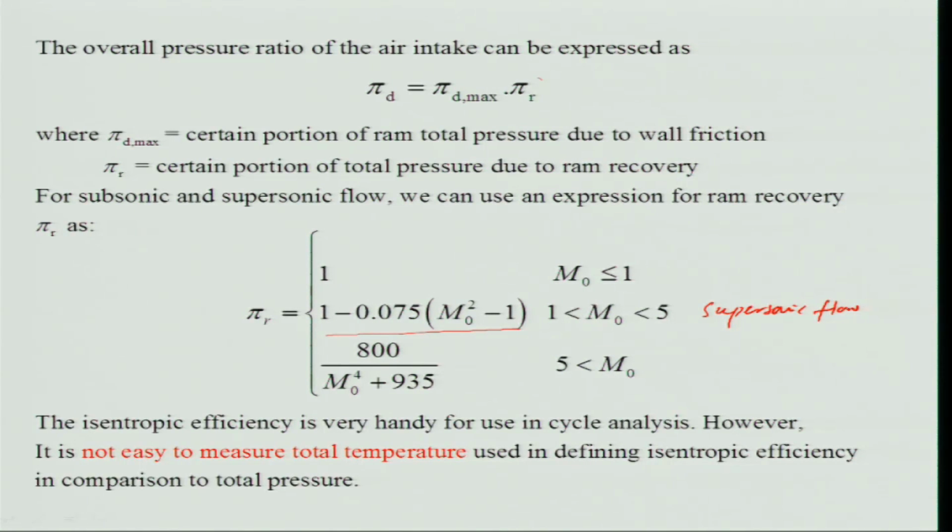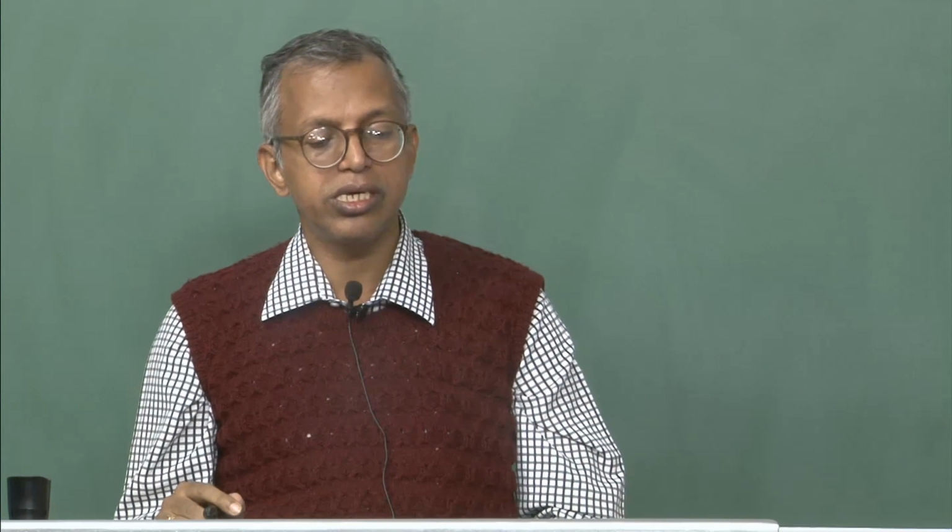So, the isentropic efficiency is very handy to use in the cycle analysis. However, it is not easy to measure the total temperature, not the static temperature that easily. However, one can measure the total pressure very easily. So, therefore, in experiments people use the total pressure, and in cycle analysis we always use the isentropic efficiency, right. So, that you should give, but of course, there is a way of doing it, and